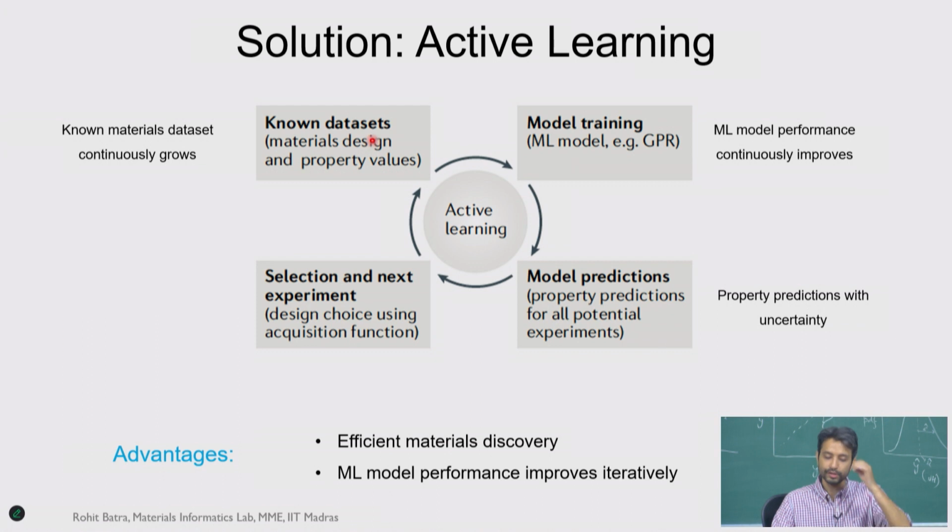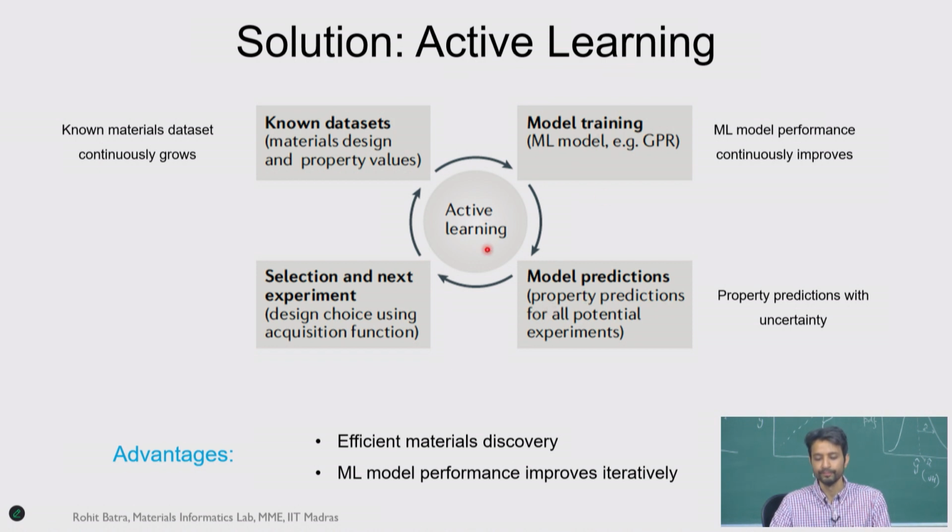What we do is we start with a known data set, the same data set that I had earlier. We train a model, same thing. We make model predictions, also the same thing. Based on these model predictions, I select some best candidate. I'll define what is best. For that best candidate, we actually go ahead and do the experiment. That experiment output, we put back into the data set. Now my data set, say it was earlier 30, has become 31. For this 31-point data set, I again train the model,